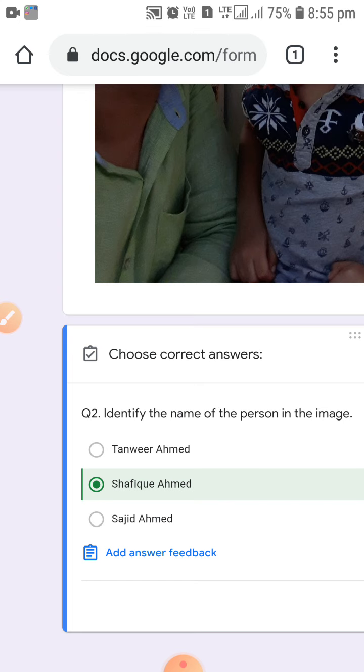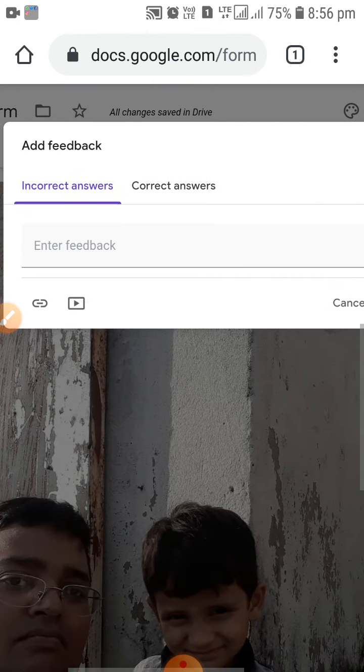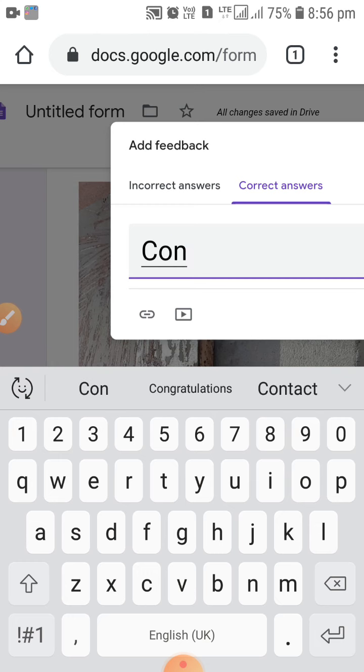And again you can see add answer feedback is there. For an incorrect answer, you can give some comment. You should have selected Shafiq Ahmed. And for a correct answer you can congratulate them: congratulations.